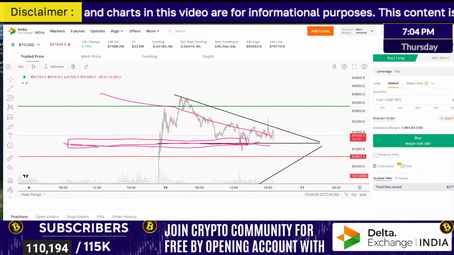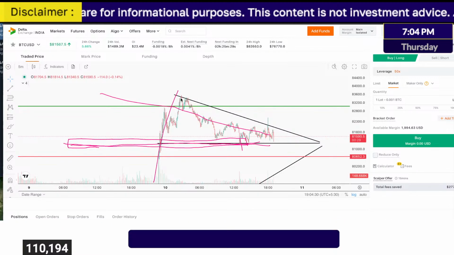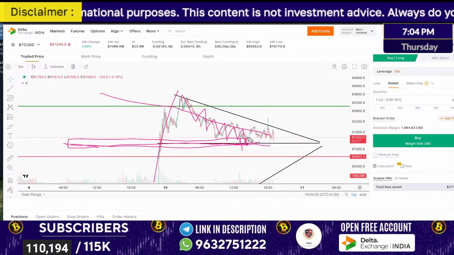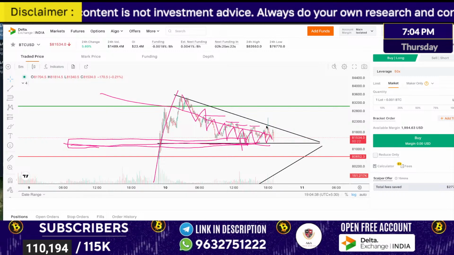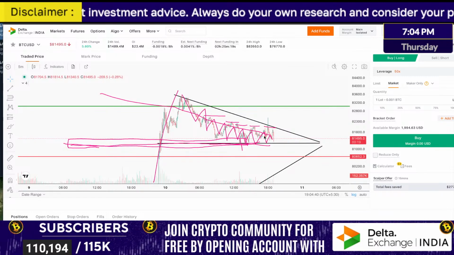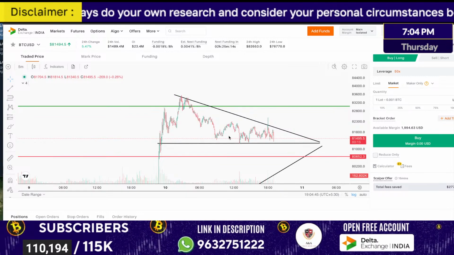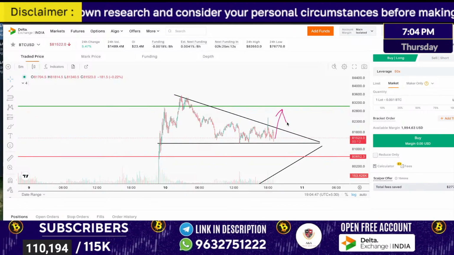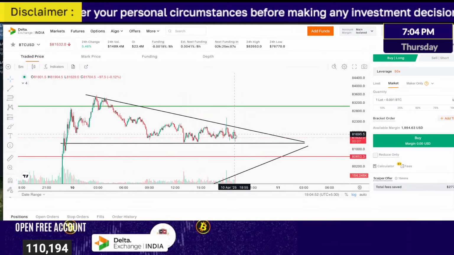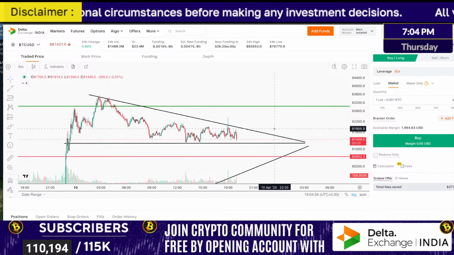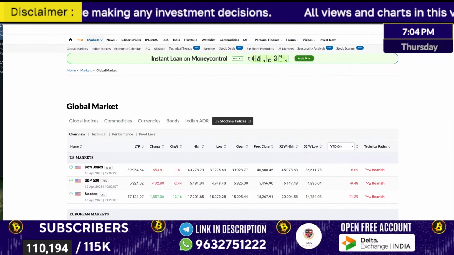Some of them will not have confidence, definitely will not have confidence to look for a bullish trade after such a move, and slowly they might think this is a correction. From morning it is trapping whoever is entering a bearish trade, and whoever with confidence is thinking of entering a bullish trade, continuously they've been trapping them. At some point of time, to hunt the stop loss of these people, the market can move towards the upside. I'm thinking, would it happen at this zone or from here only will it break? That is a bit confusing. What we will do, we'll go and start looking at the global market and try to understand.